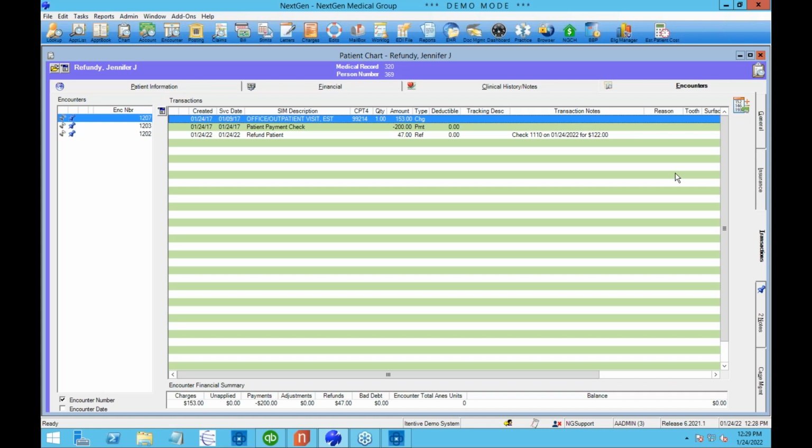Another question, can I have one person request the refund and another person approve the refund? You certainly can. There's a couple ways of doing that. One is to split out who does the export from who creates the refund, so that gives you control. If you want to go a step further, we can set it up so that there are different roles in